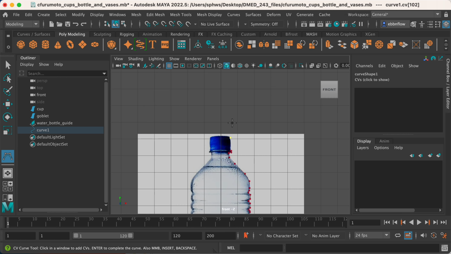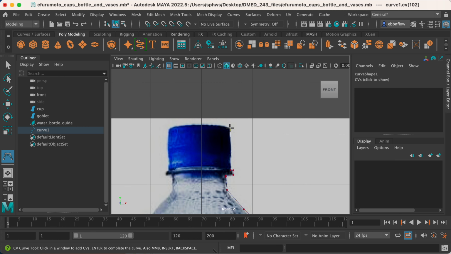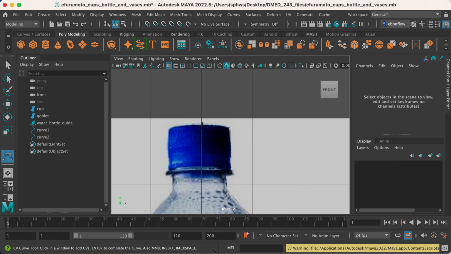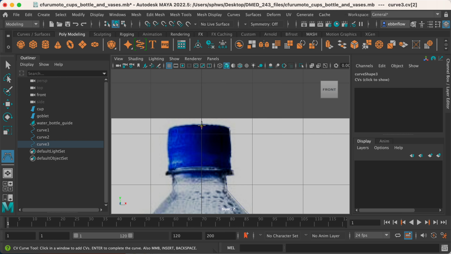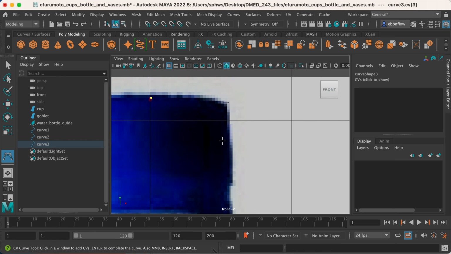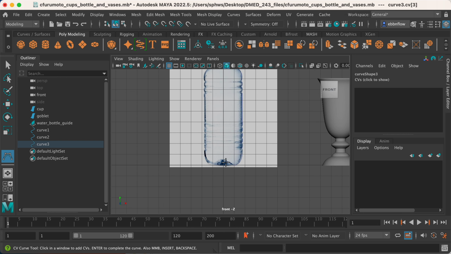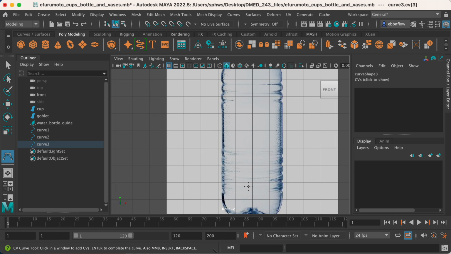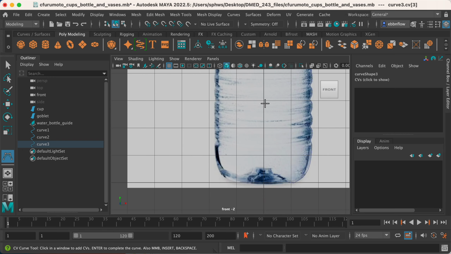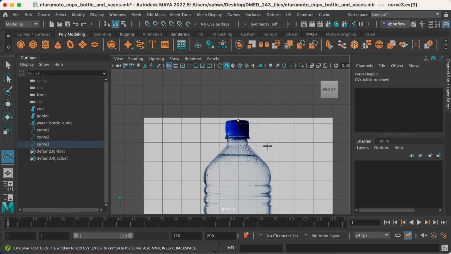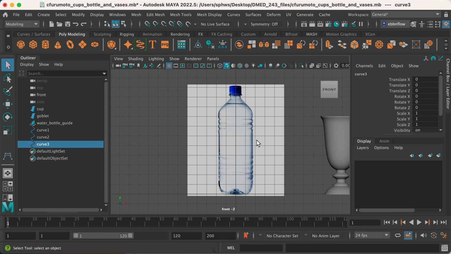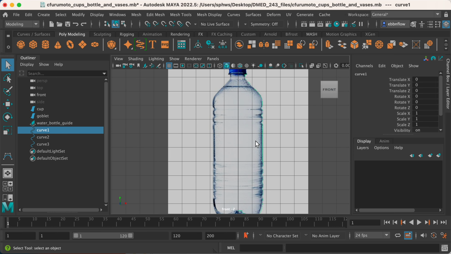Okay, this looks like about the top. And then right over here, sorry, I'm gonna go a little bit higher. So right up to here, right about here. And then going across, trying to make a straight line. If you remember, the bottle is like any kind of lens, it's gonna angle it a bit. So it may look a little bit weird, but I figured that's about a good spot to create it at. Remember your first clicks are gonna stay on your y-axis, so that's down over here. And then your last clicks also stay on your y-axis up there. Now when I hit the return key, we should now have a nice little